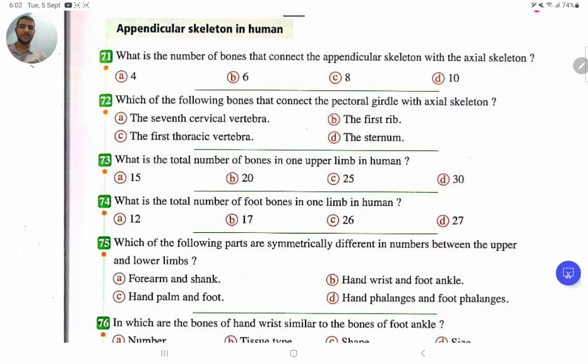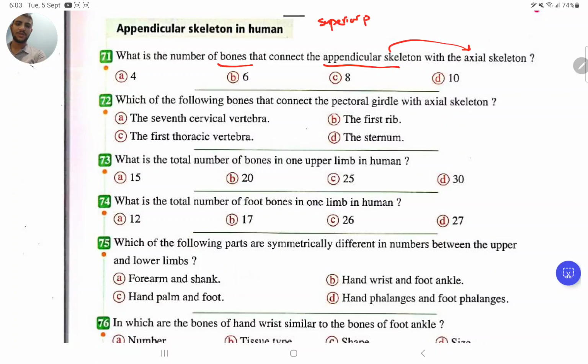So let's begin our first questions. So 71, what is the number of bones that connect the appendicular skeletal system or appendicular skeleton? I need the bones from appendicular that connect with axial. So the bones I need to count from appendicular that connected to the axial. So from the superior part,